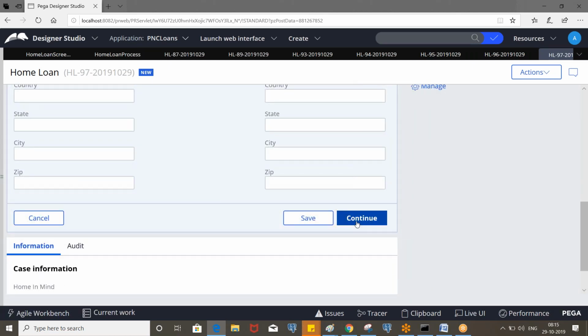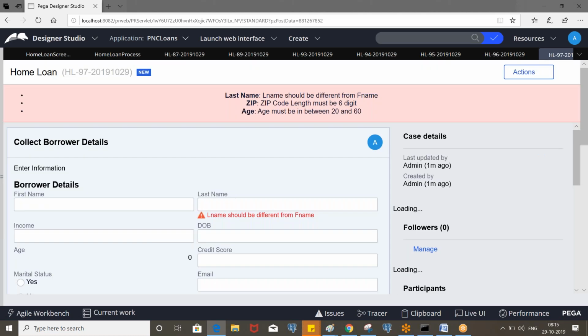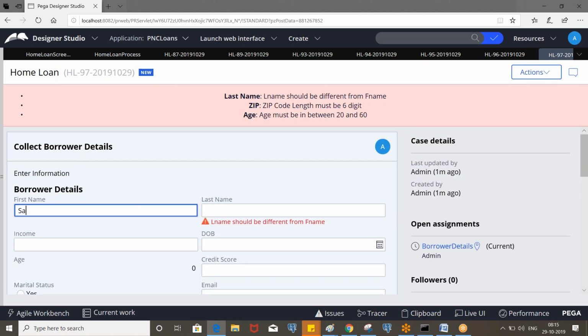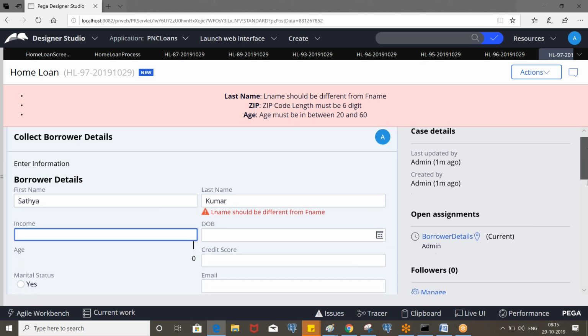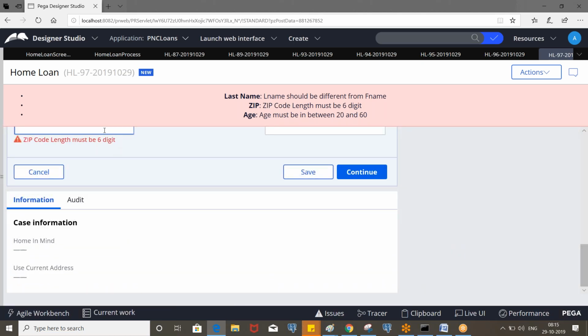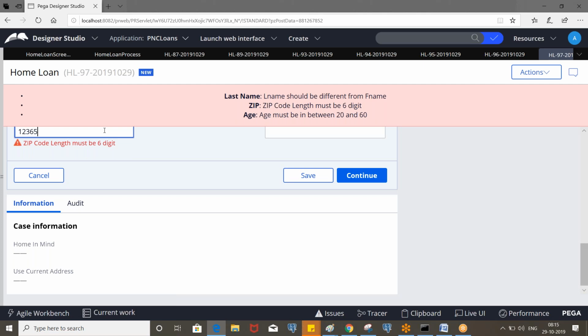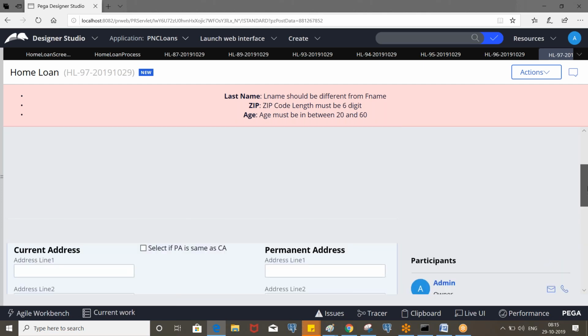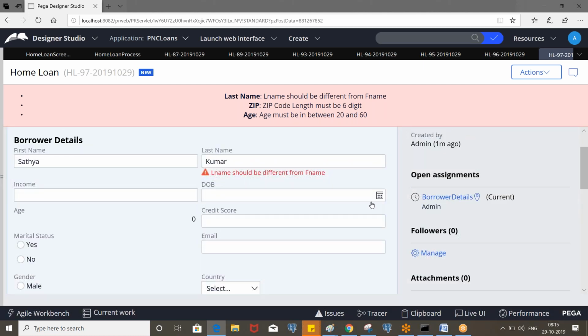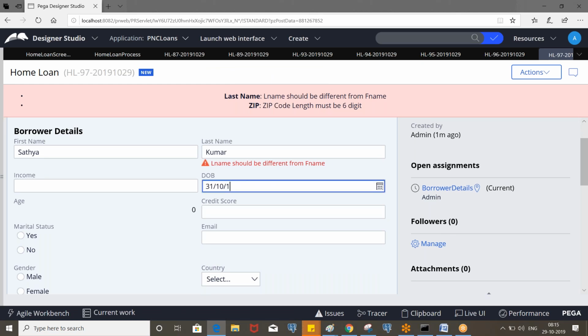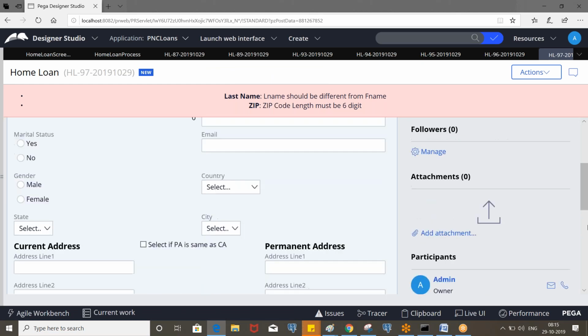But here you can come back to the previous screen. It looks like a normal process flow, right? This is perform screen flow.